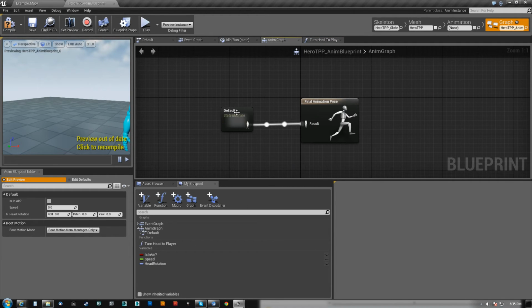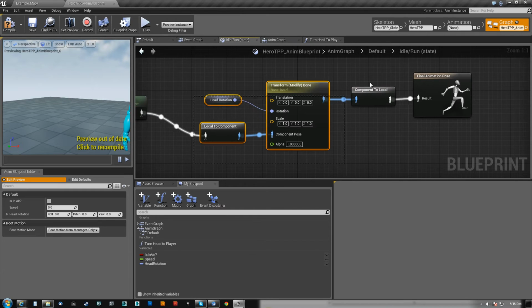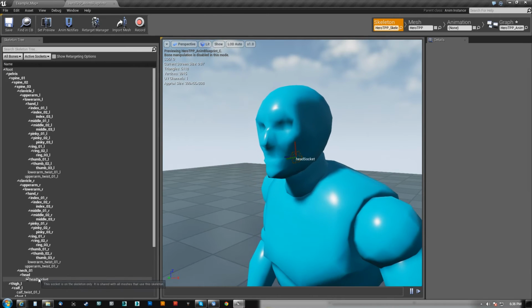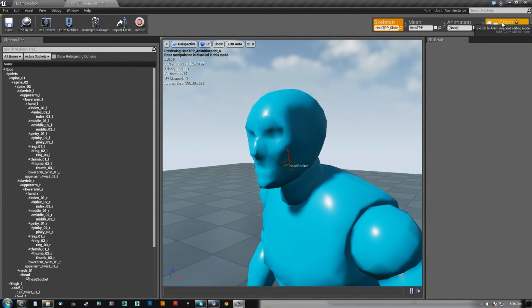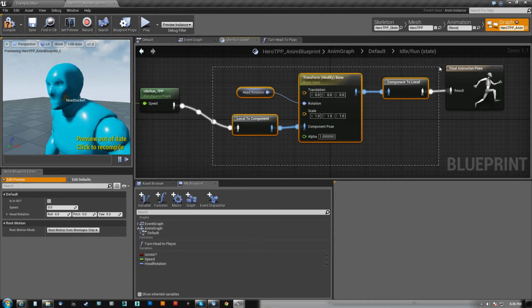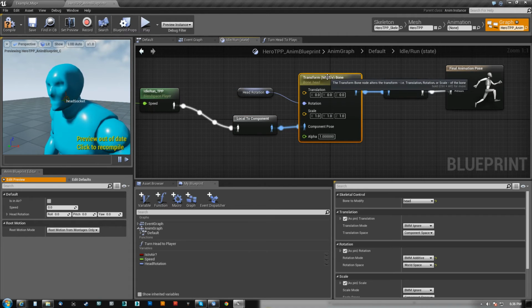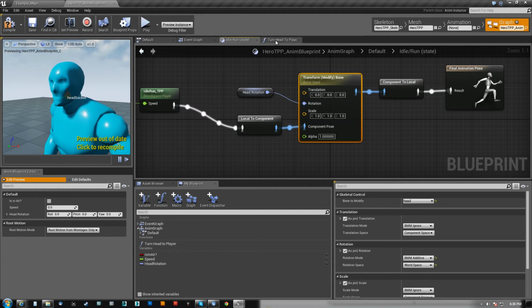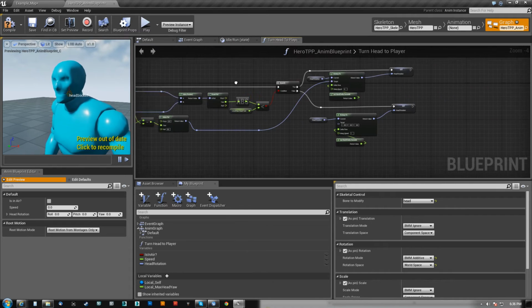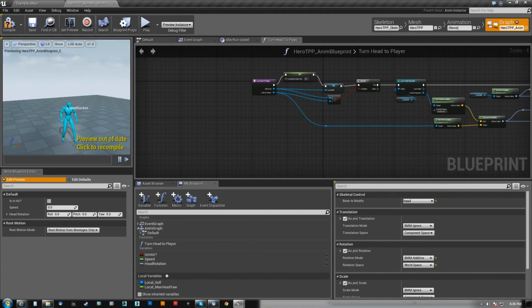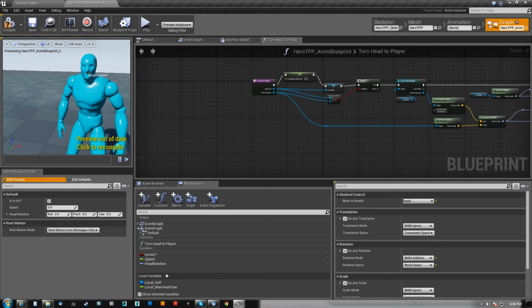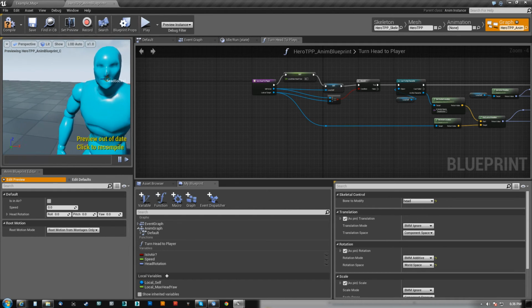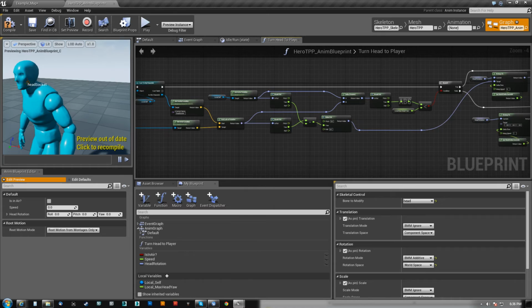Okay? And that works. So again, we need a socket to run our tests from. And we need the controls, the actual node that does the controlling here. We need a variable to drive it. Again, these things here get automatically generated. This is the one we want to use, transform modify bone. And then we need the function to both A, drive the variable, and B, check to see if it's within tolerance. Because if we bypass the check,